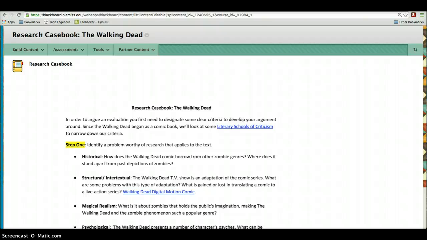This research casebook guide will show you how other students have set up successful research papers based off of the comic book The Walking Dead. I like to use a comic book to show you how to do this because we've read poetry, some fiction and some creative nonfiction in the past, but we haven't really discussed a comic as a type of literature. I say a comic book and not a graphic novel because The Walking Dead started off as a series